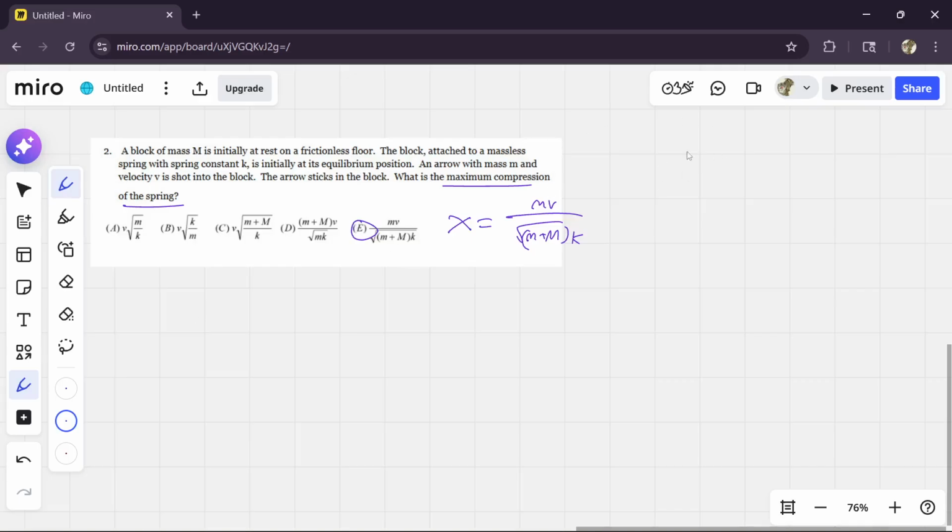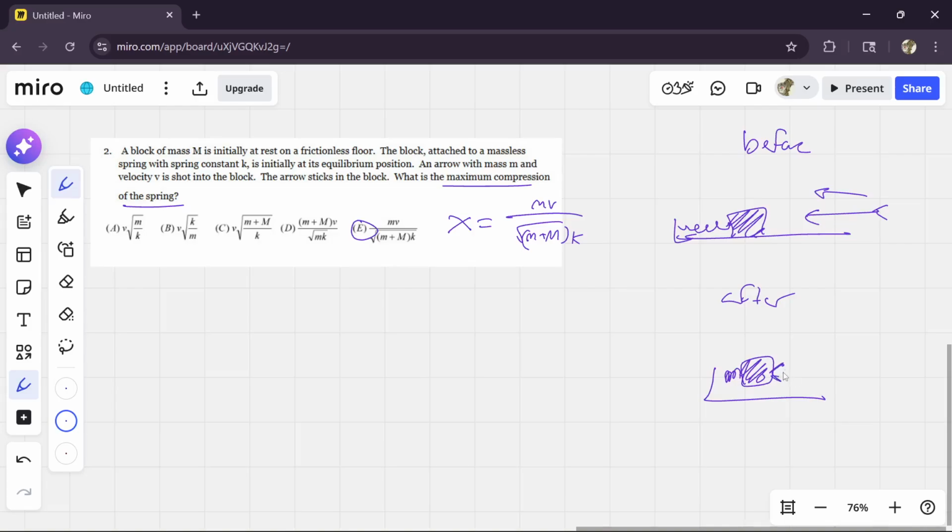So there are two scenarios here, right? There is your before and there is your after. So before, the block is chilling, minding its own business, and an arrow is flying its way. And also the block is attached to a spring and nothing's going on here. It's just a normal spring. Then the spring gets pushed back because the arrow has now made contact with the block and its energy has transferred into the block. So the important thing here, right, to understand is that this is a conservation of energy question,